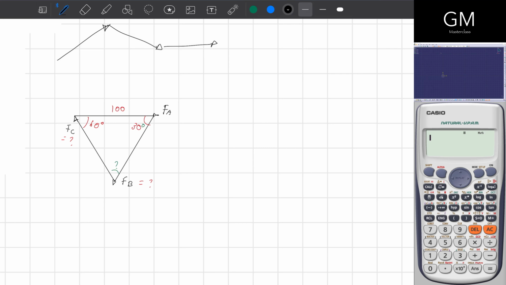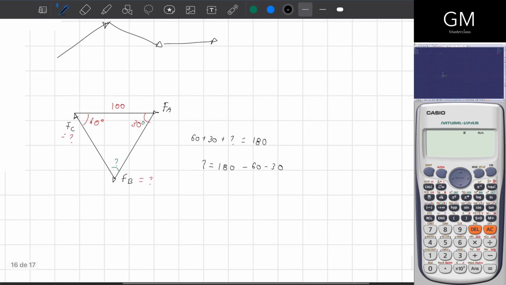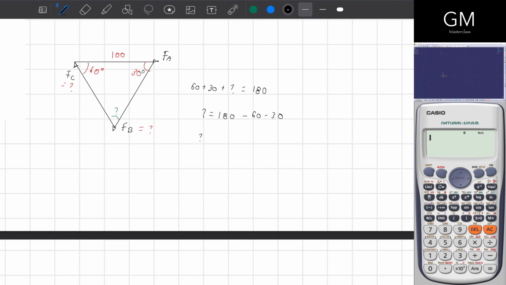So that means that 60 plus 30 plus the angle that I need is equal to 180. That means that the angle that I need is equal to 180 minus 60 minus 30. That means that this angle is equal to